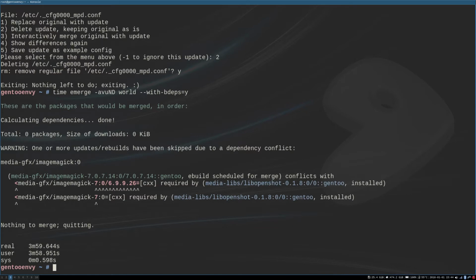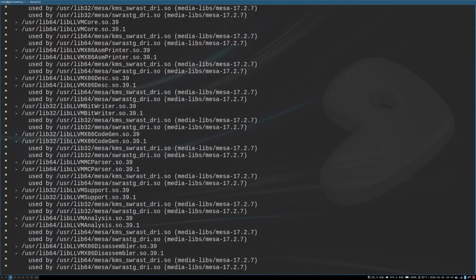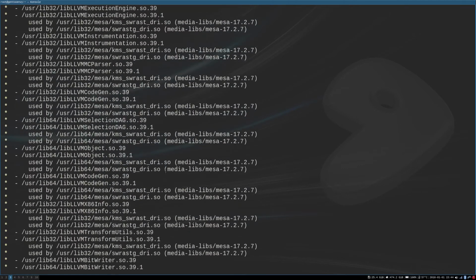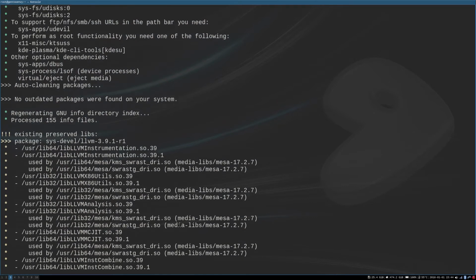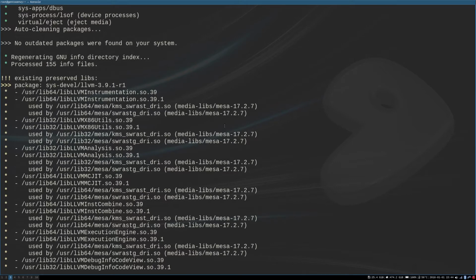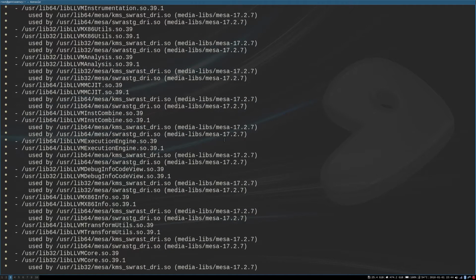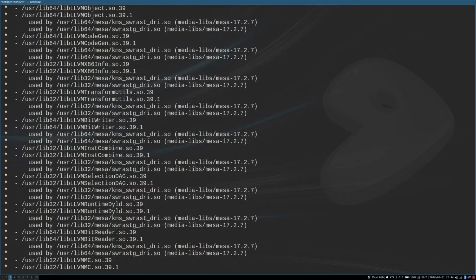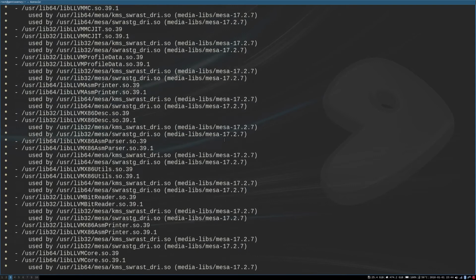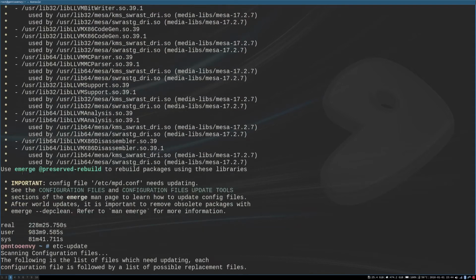Another thing that I want to mention, and I kind of overlooked this: there are all of these things up here. These are preserved libraries that may or may not be giving us some trouble. I already recompiled Mesa once, but for some reason there are some issues with Mesa, and it looks like that might need to be redone again. So when you see these, there's a real handy feature right here that says emerge @preserved-rebuild, and we're going to run that real quick as well, and then we're going to see about fixing